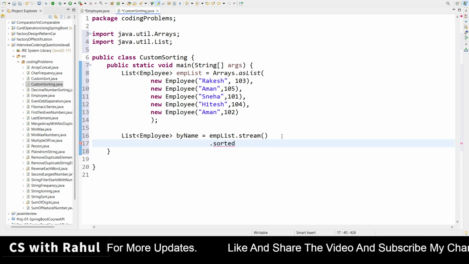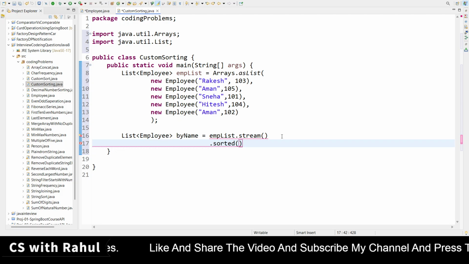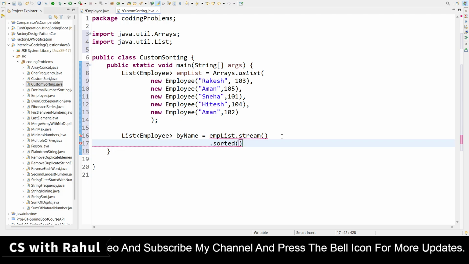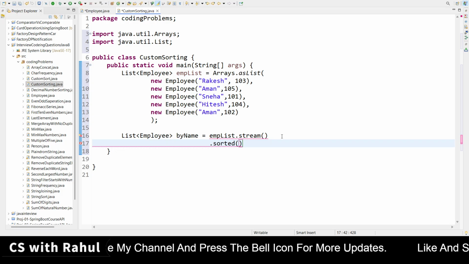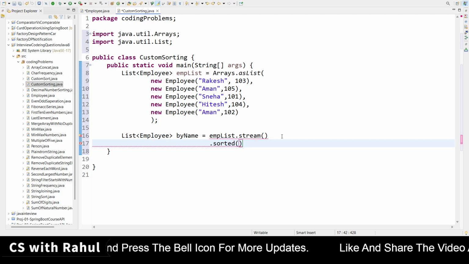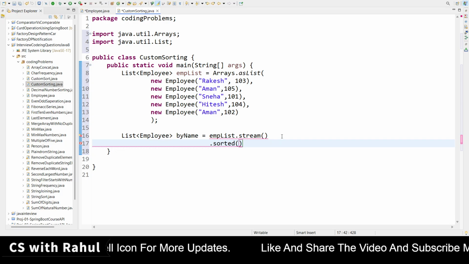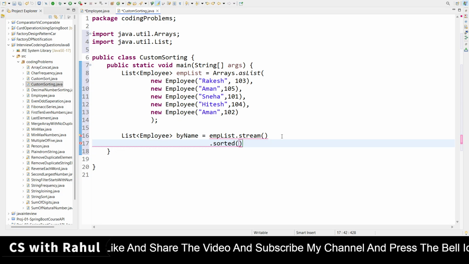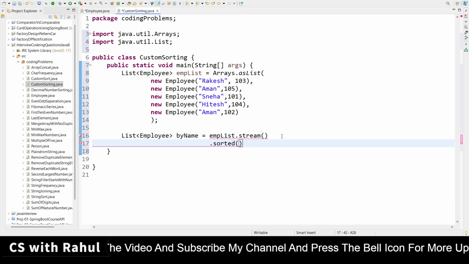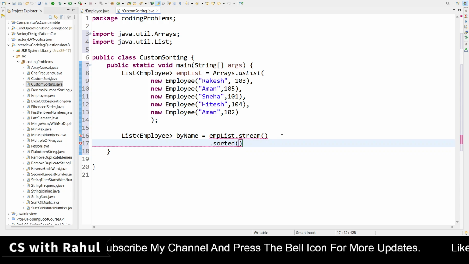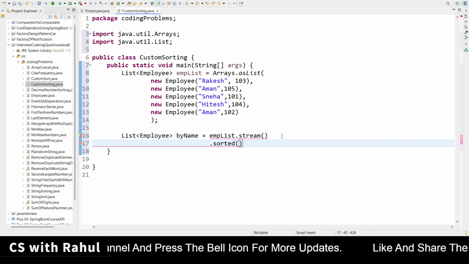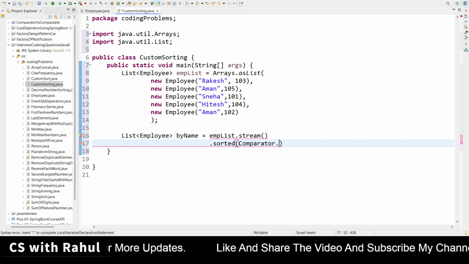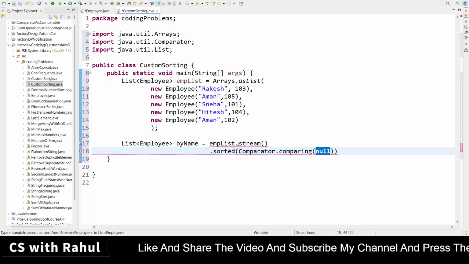So once you call the sorted method here, what you need to do in the sorted method, you have to tell, because this is not a primitive data type. Employee is your custom class. So you have to sort the custom object. So you need to tell, because there are name, ID and multiple fields may be there. So you need to tell the compiler on which basis you are sorting it. So you have to provide it by the Comparator.comparing method you need to call, because we are using a string method for the sorting. So I will use here Comparator.comparing, just comparing I have to use.